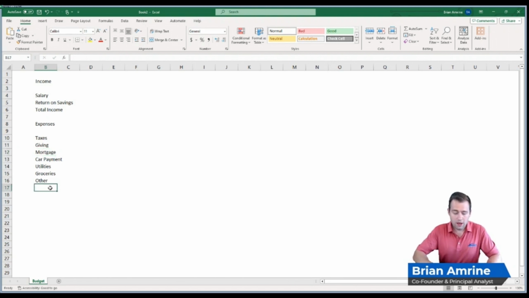And so at the bottom, I will also create a title for a total expenses row. Great. Well, we've got our salary, we've got our expenses. Now, one reason we might want to create this budget is because we'd like to plan out our savings goals. And so let's create another section for savings. So we'll start with the title savings, and